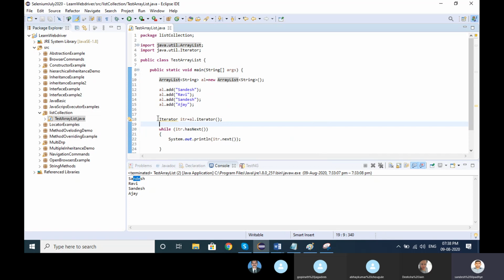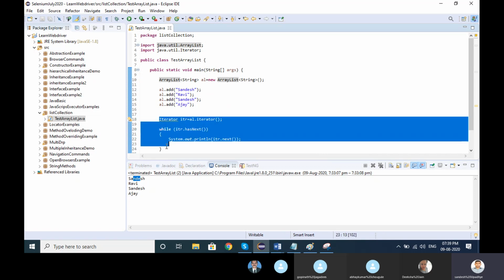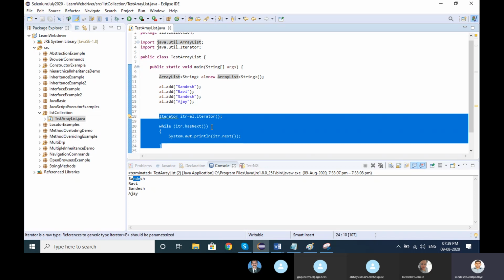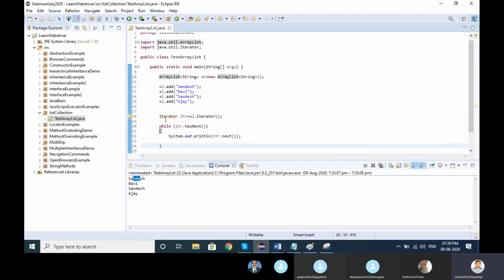Just an iterator statement. When we go with the collection, this is the recommended statement. Iterator itr, I just gave a name, the object whatever name I have provided, dot iterator. So the al value will be stored into the itr.